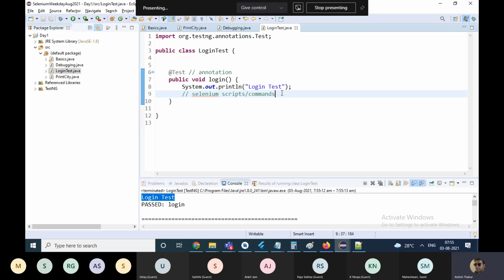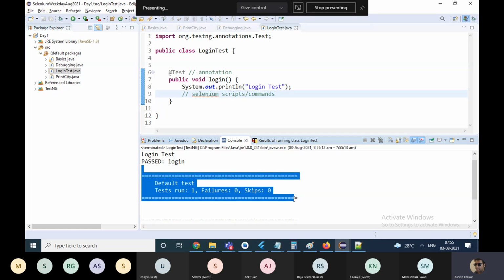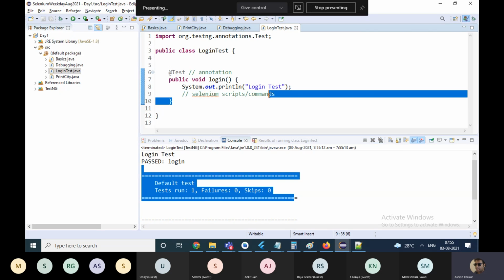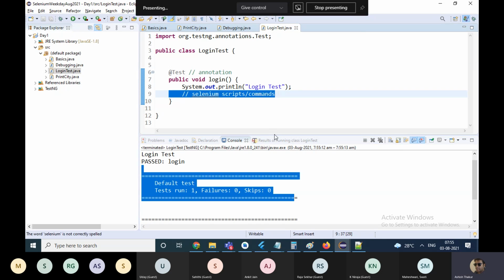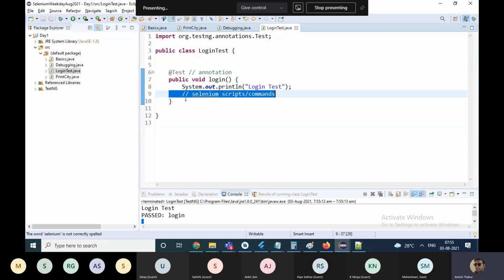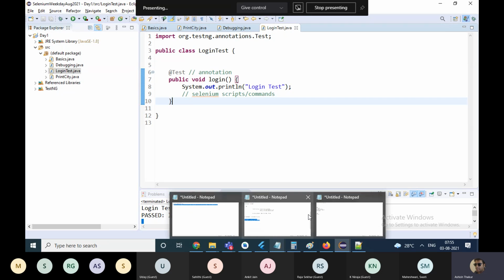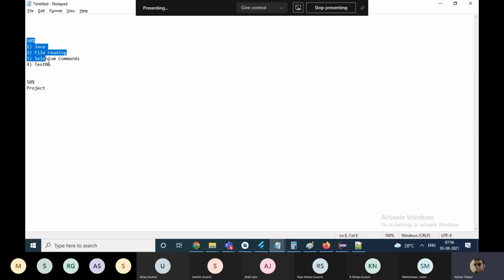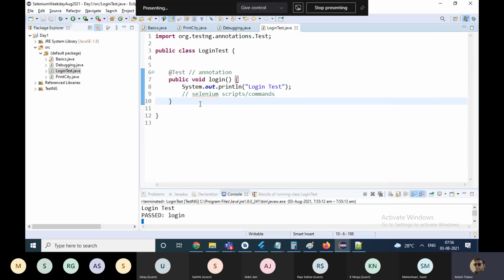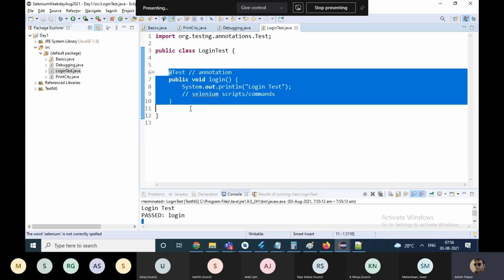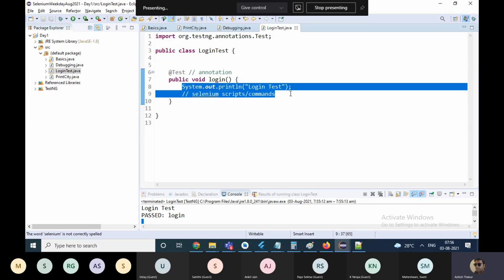Because Selenium never gives you the option to create a test and give you output like this. It's got simple commands. There are lots of other features in TestNG which I'm not going to teach you in the very beginning. We will be doing them after we learn Selenium. But at least learn how to install TestNG and create a simple test case, so that whatever coding we do in this training, we'll do inside TestNG test cases.